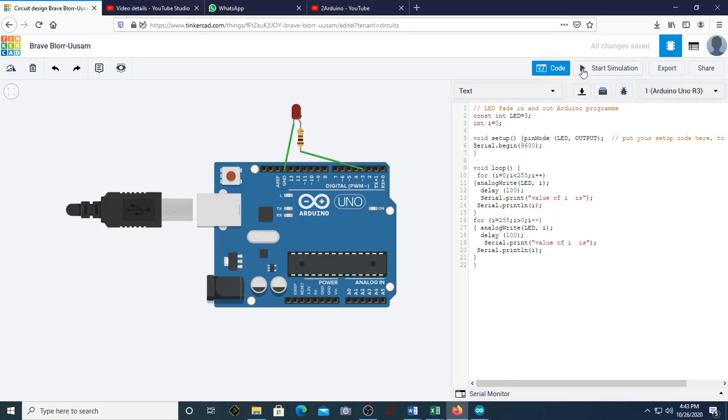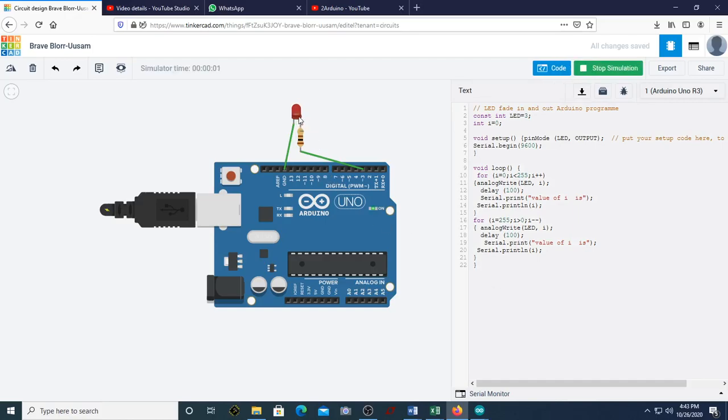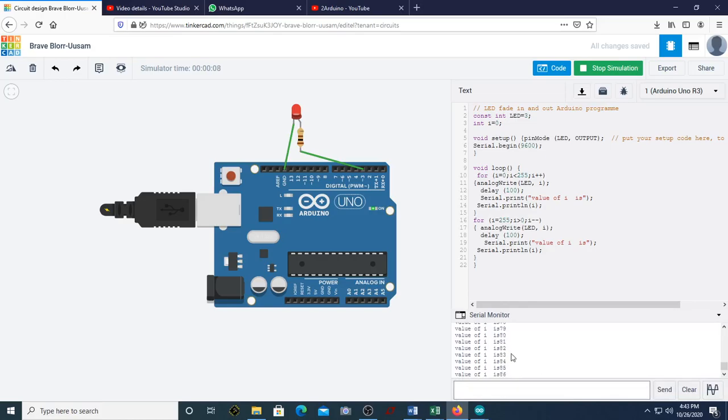When I start running the code now, you can see it has started increasing. Can you see the brightness keeps increasing? It will go to the highest value that you can monitor here also. Can you see here, these values keep changing. Now it has gone up to 123, 124. You can see it keeps on increasing.